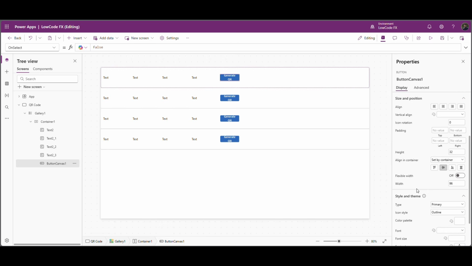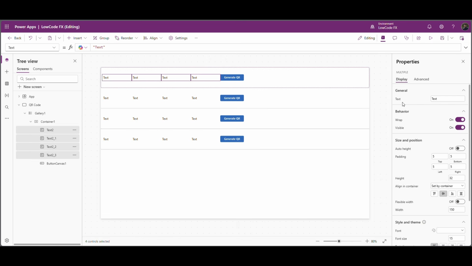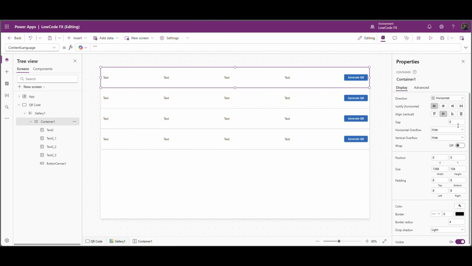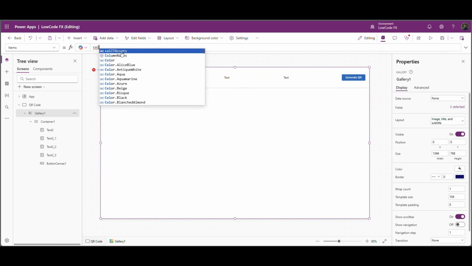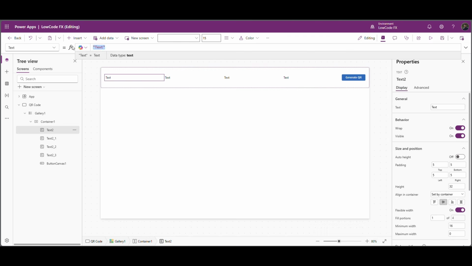I will increase width to 120. I will select the text and make it flexible width. I will add padding at the right and left. Yes, let's assign that collection here. Call IT asset. First one would be this item